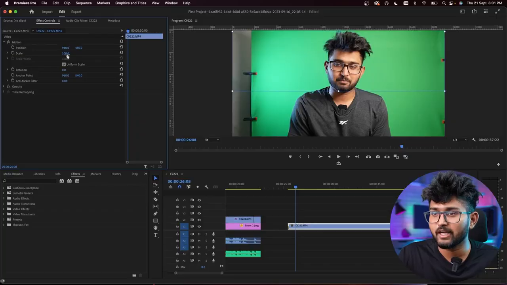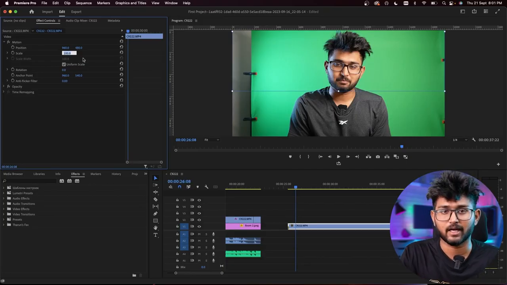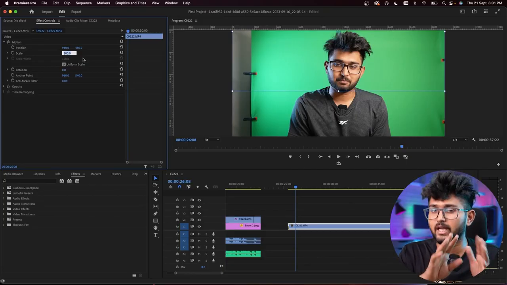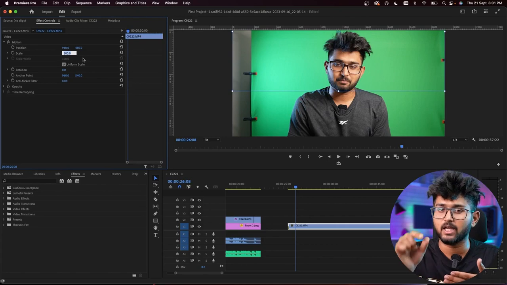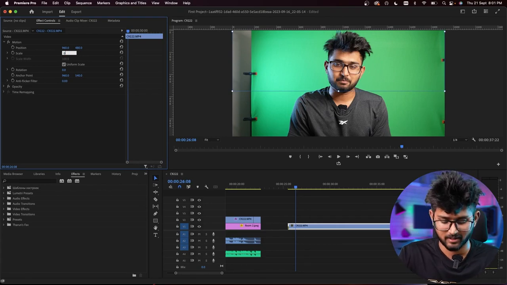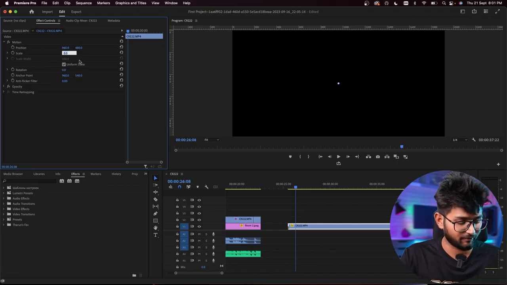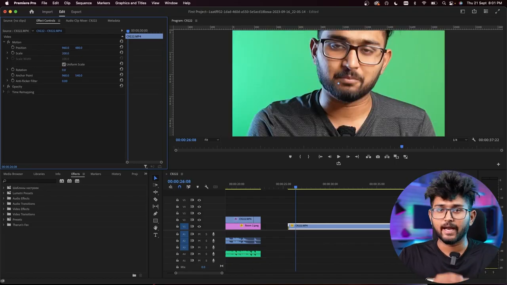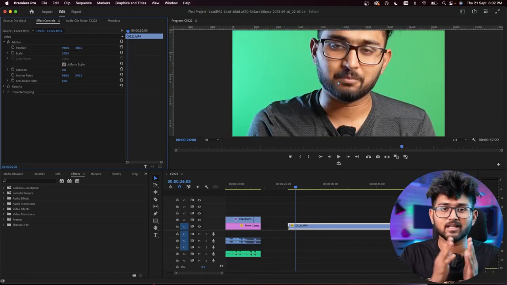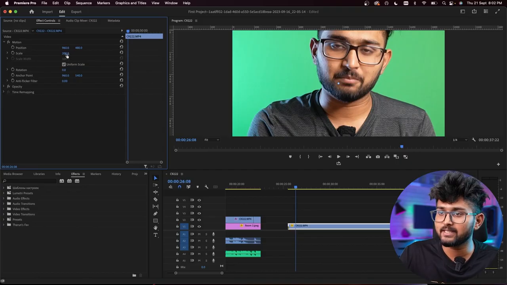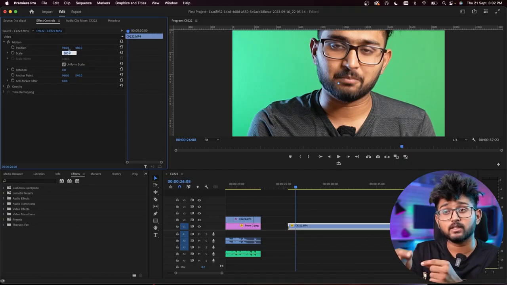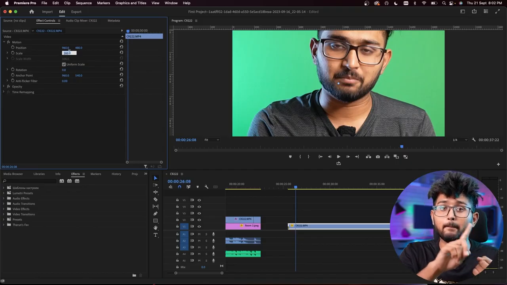Got it? So imagine I get this to 0. Scale is also nothing but the size. If I put it at 0, what happens? Obviously it becomes 0. You'll become a dot, right? And now if I click on scale and increase it to 200, it expands the size to 200. So the scale is in terms of percentages and the position was in terms of pixels.